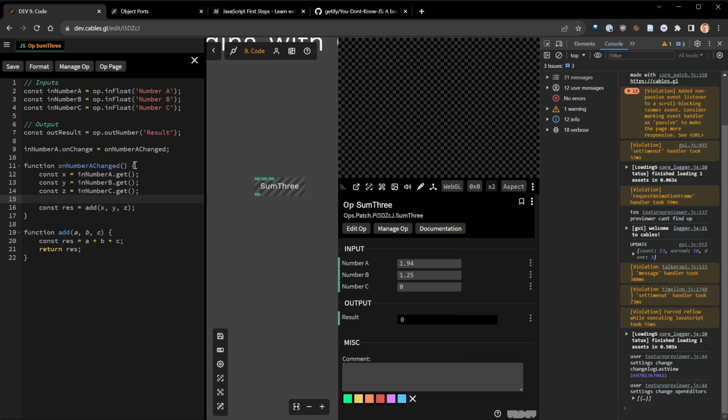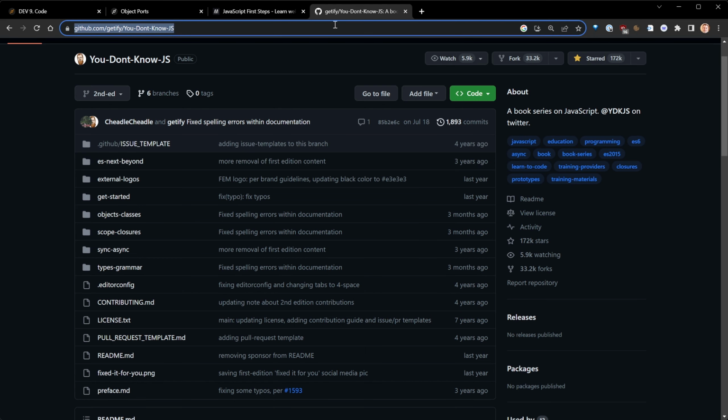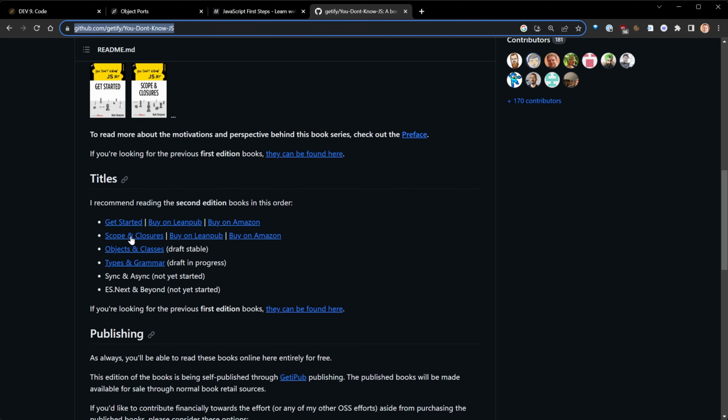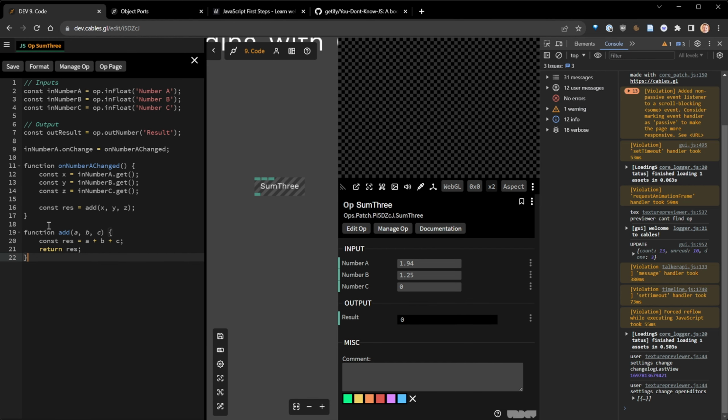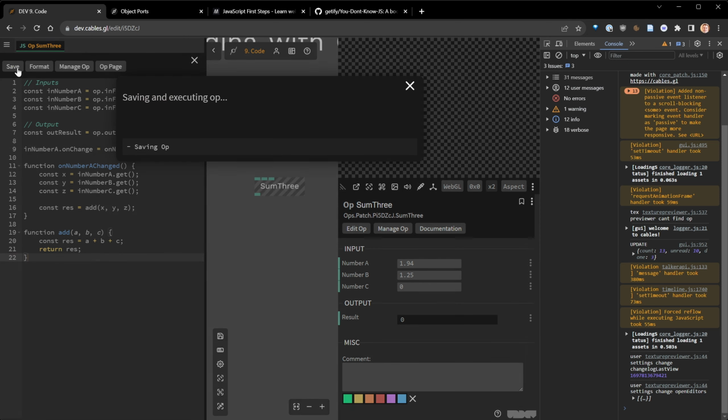because when you create something inside the function, you are basically creating a new scope so that the names of the variables are only local to this function. Whereas when you create numbers or variables outside the function, then whichever function you put below can access this number. So this is called the scope, and this is why if you go to the book here, the scope is one of the first lessons. Just to highlight this. So I'm saving the code,